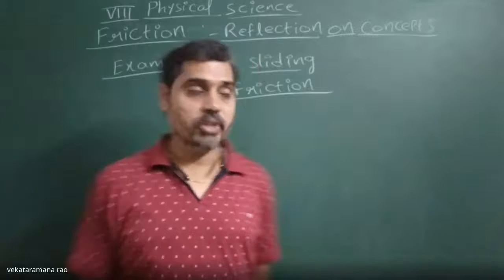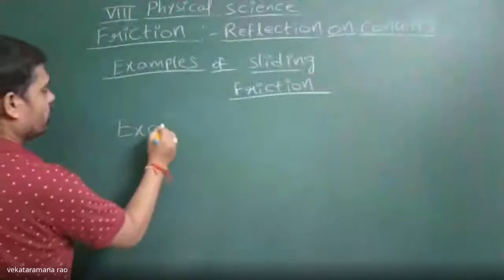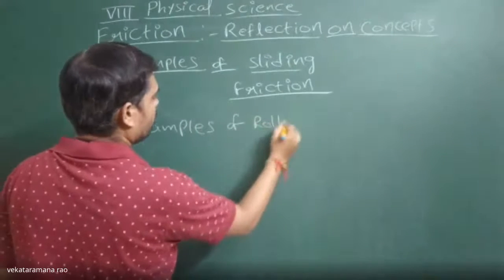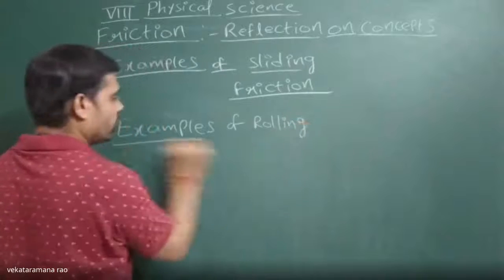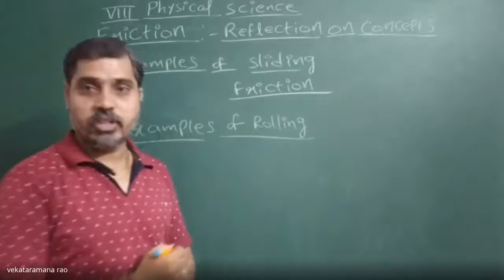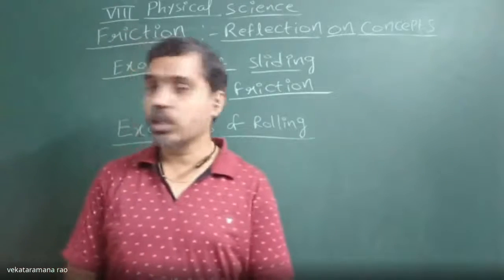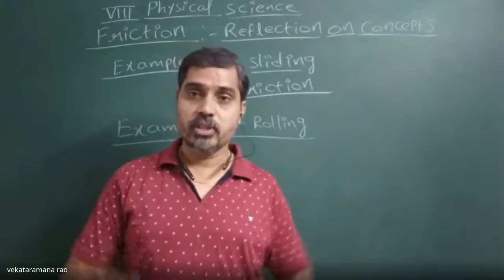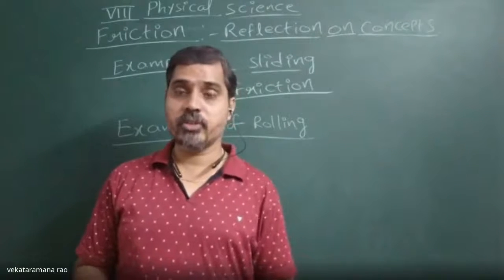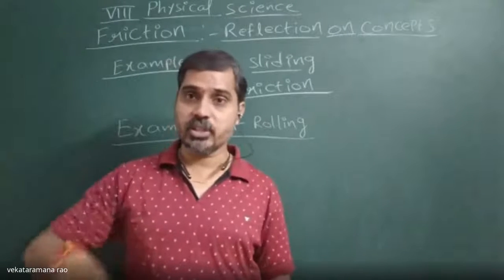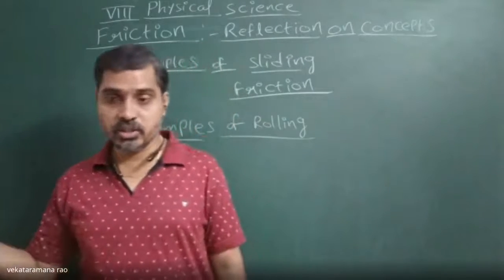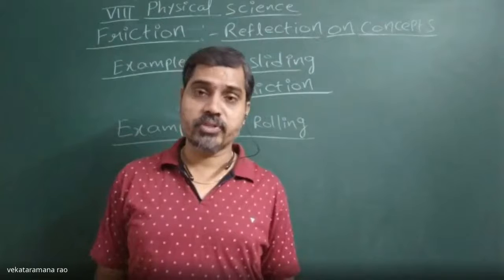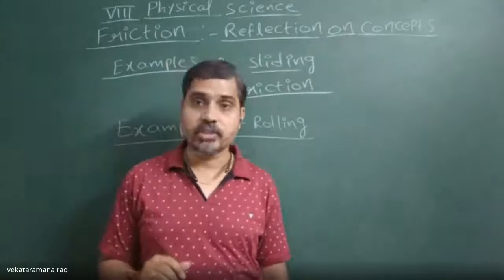We have discussed examples of rolling friction. Whenever we go for a long journey, we have to carry heavy luggage, and for our suitcases and heavy weights we have rollers, which reduce the friction between the rollers and the surface they are made to roll on. The friction that tries to restrict them is known as rolling friction.